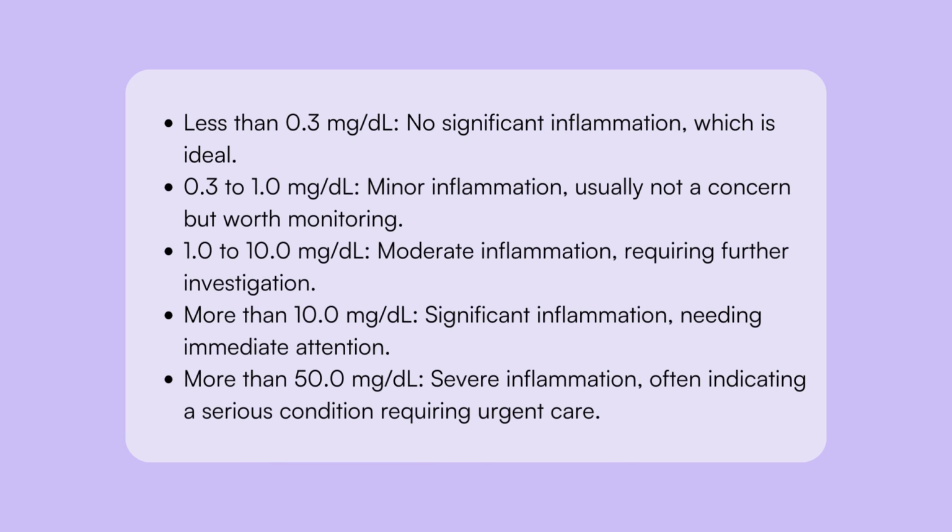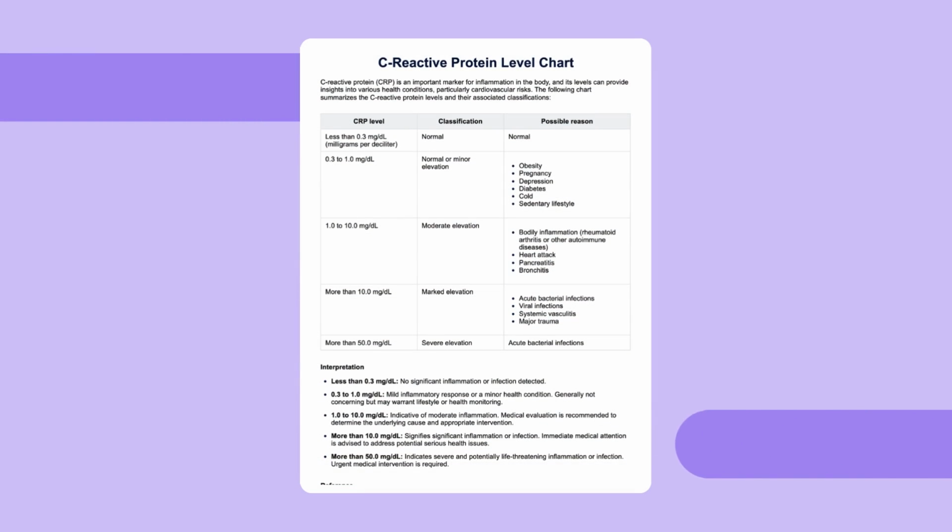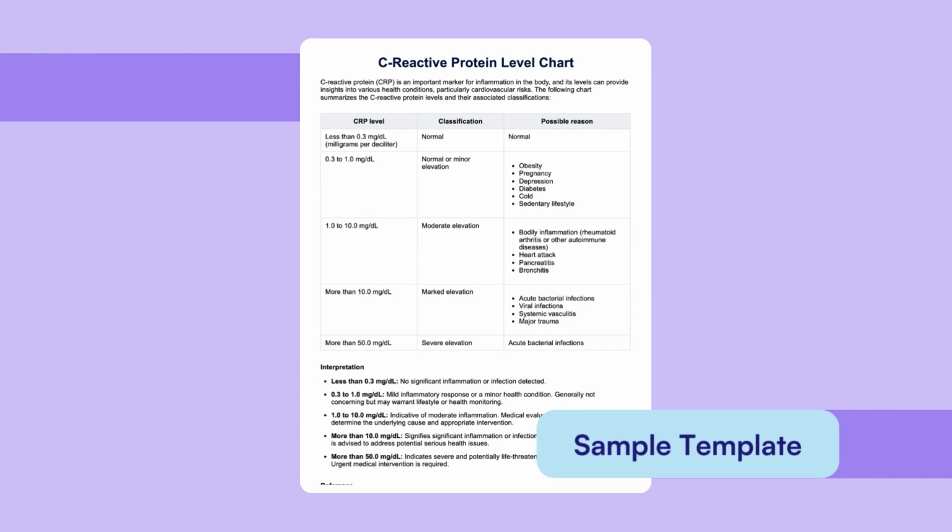The CRP level chart is a versatile tool, essential for early detection, ongoing monitoring, and evaluating the effectiveness of treatment for both acute and chronic conditions. Here is a sample of our C-reactive protein level chart to give you an idea of how you would use